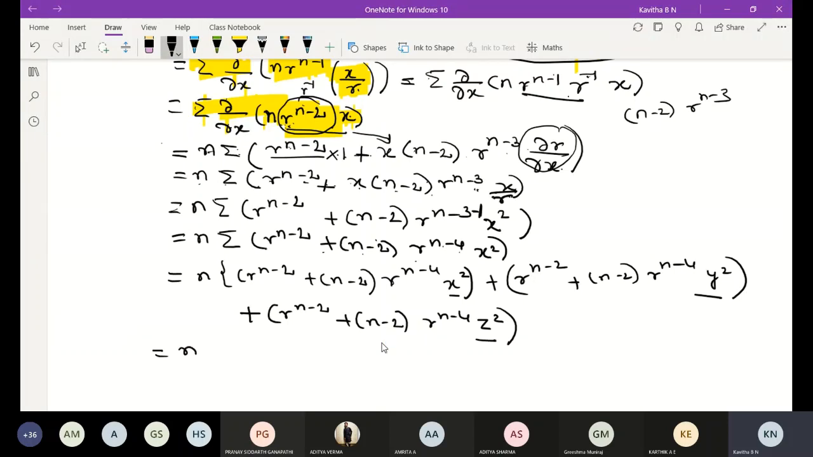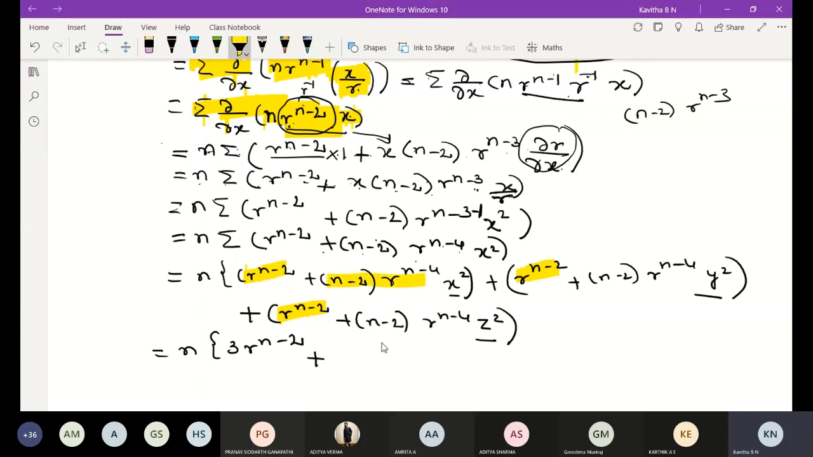Then what will happen here? r to the power of n minus 2, 1, r to the power of n minus 2, 2, then r to the power of n minus 3. Here 1, 2, 3 we are writing, 3 r to the power of n minus 2. Okay. Then